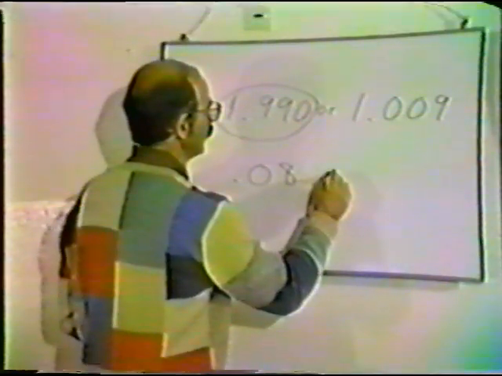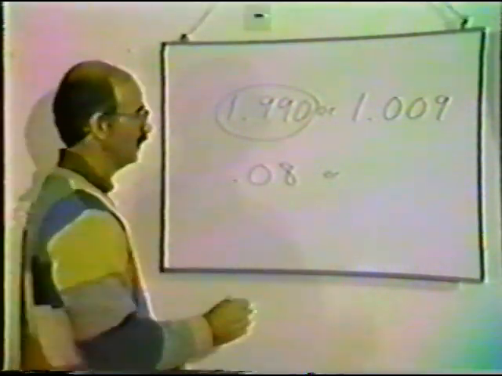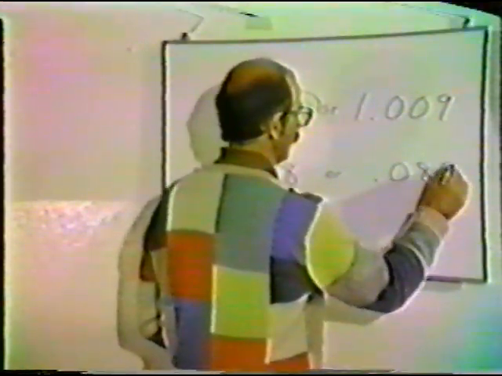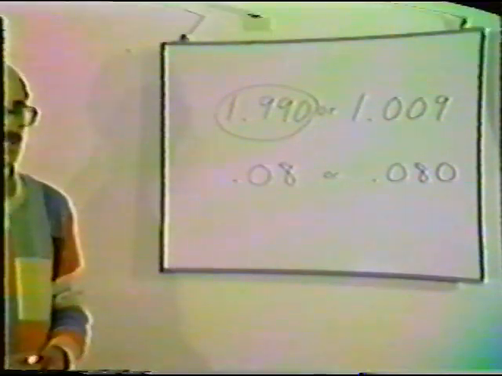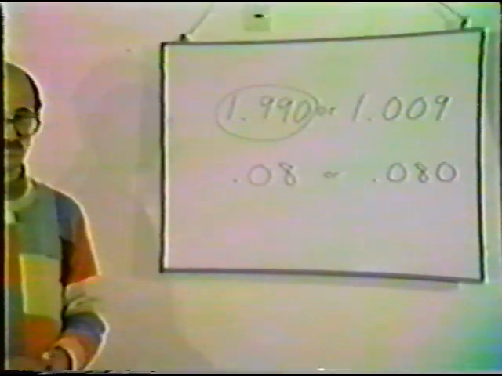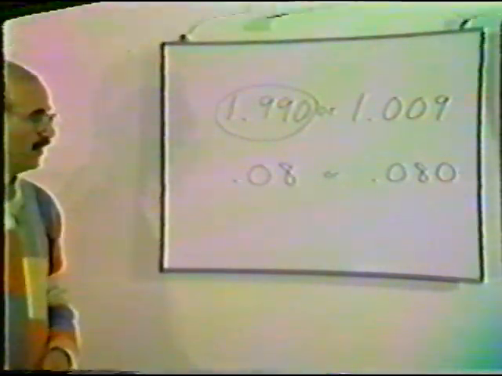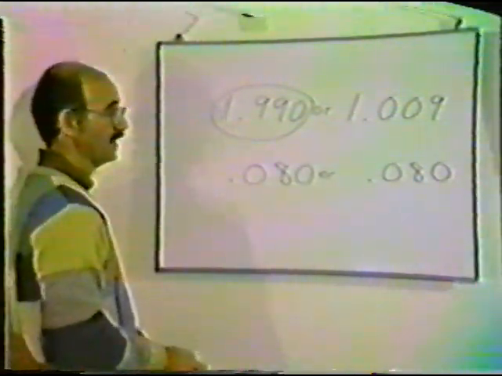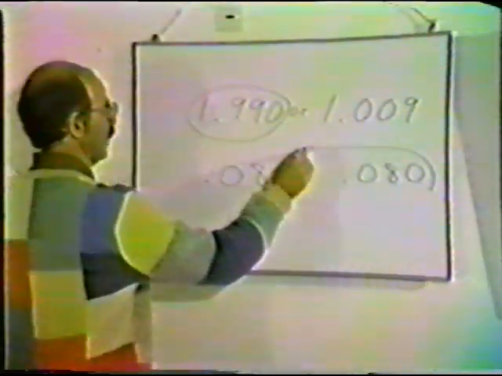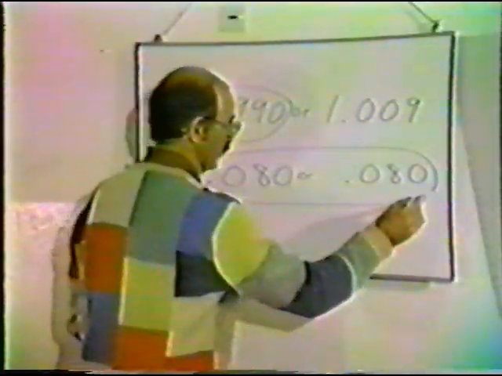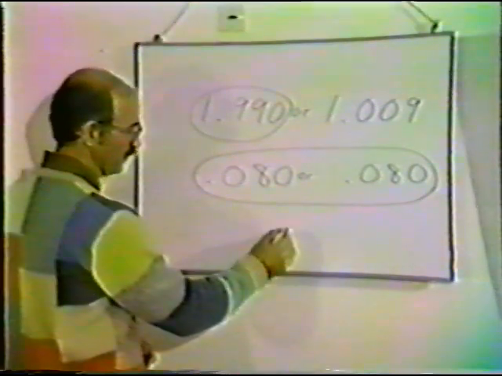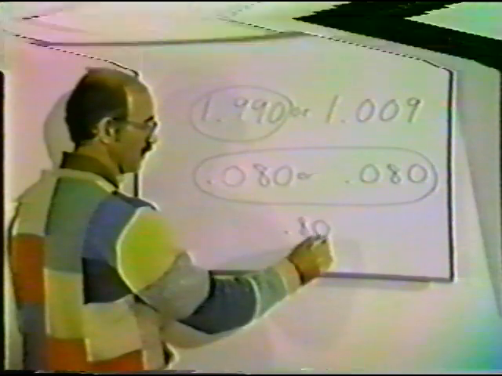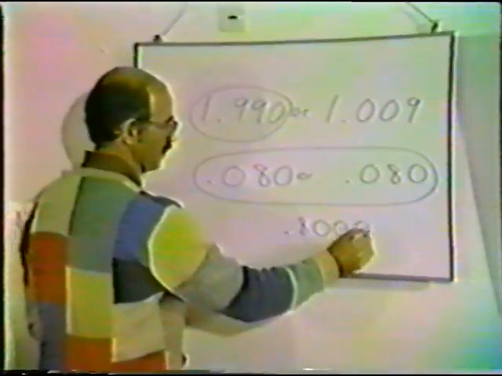0.08 or 0.080. Which is the larger? They're both the same, because if I add a 0 here, I can see they're absolutely identical. Now remember, if you have something like 8/10, you may add a 0 here, and here, and here, and here,